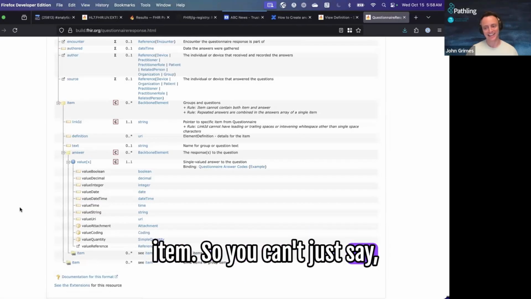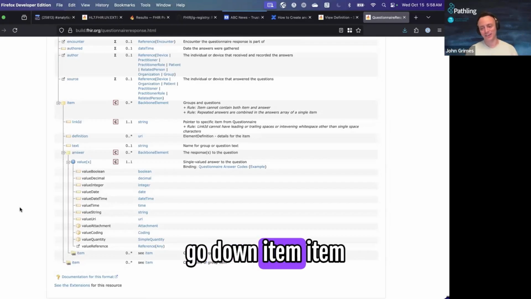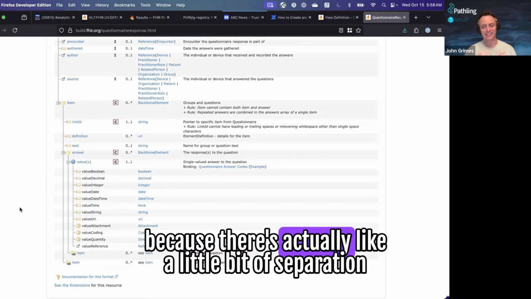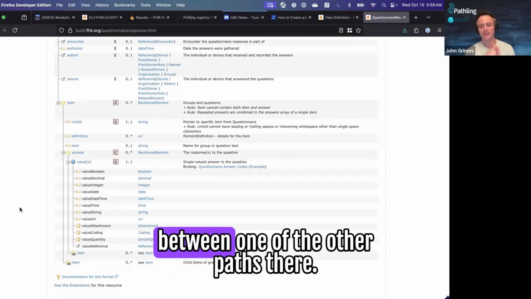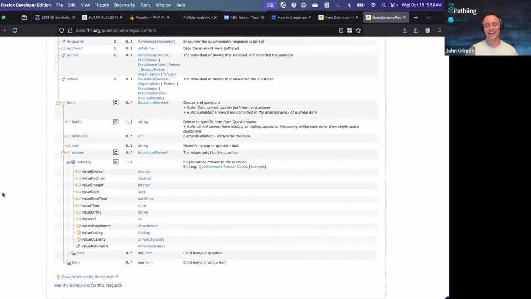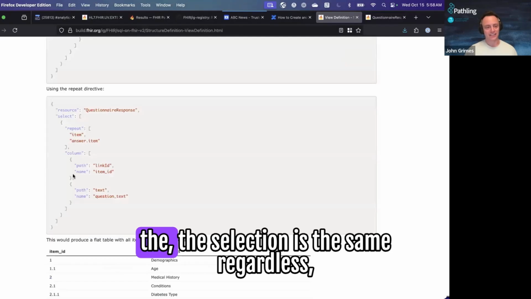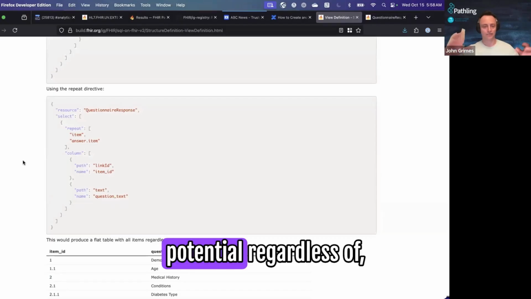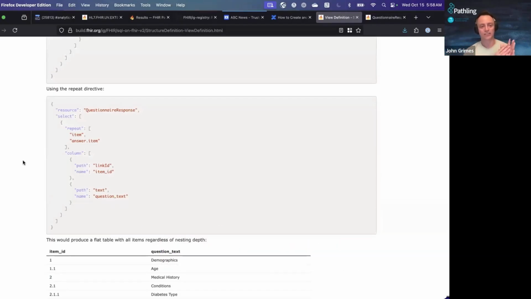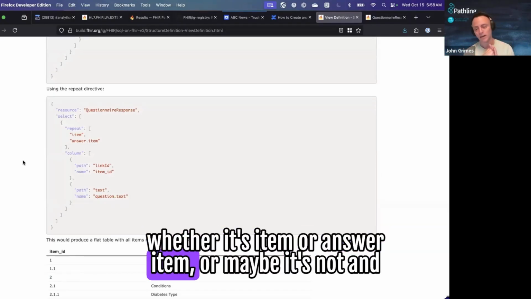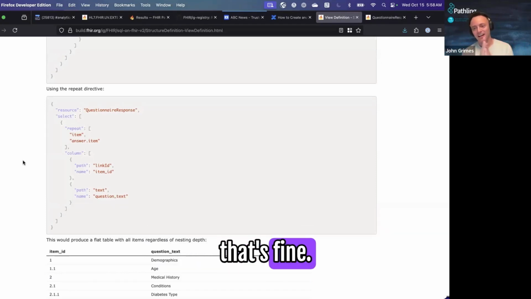So you can't just say go down item.item, because there's a bit of separation between one of the other paths there. But they're all items, right? So they all look the same. So the selection is the same regardless of whether it's item or answer.item.